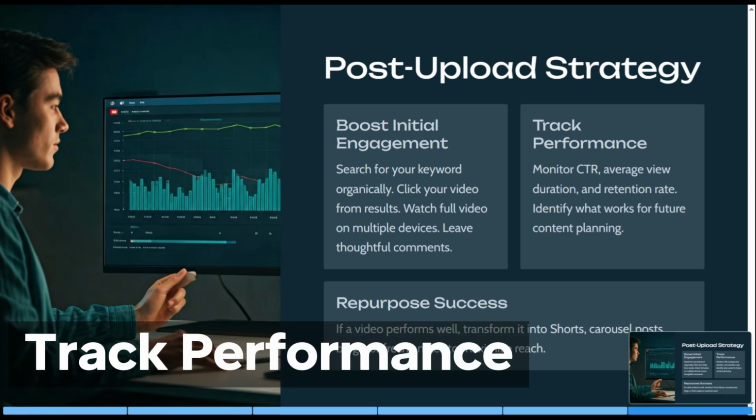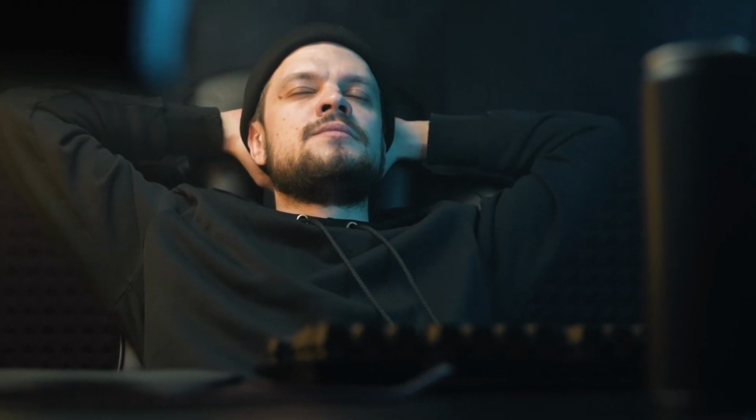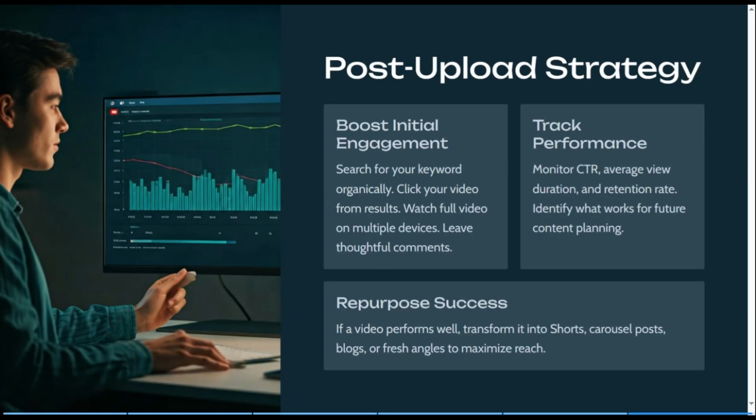Monitor your CTR. What is your CTR? It's your click-through rate. Monitor your retention rate. Those are the things you need to monitor. A lot of people just focus on subscribers. I'm monitoring my subscribers. Subscribers is not just the main thing. It's your click-through rate that you need to monitor to know what to tweak. So as you make all of those changes, go to your YouTube Studio and monitor your click-through rate, your retention. If your retention rate is low, then you need to fix things.